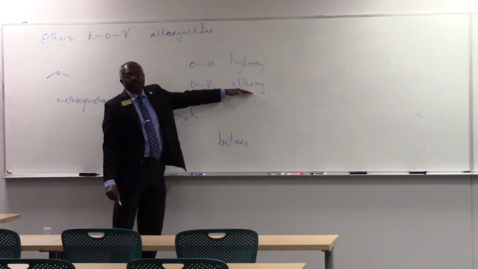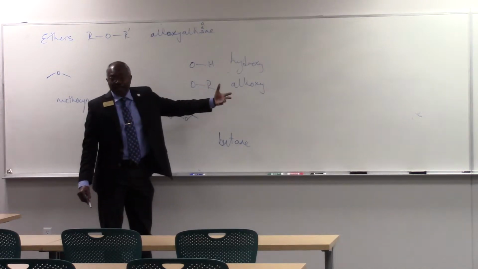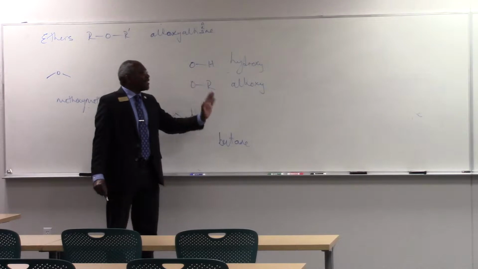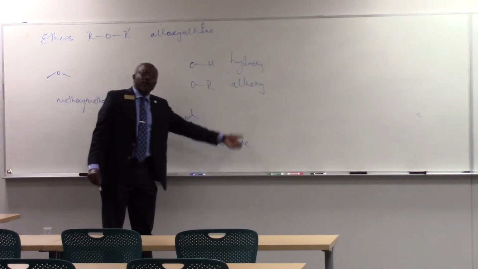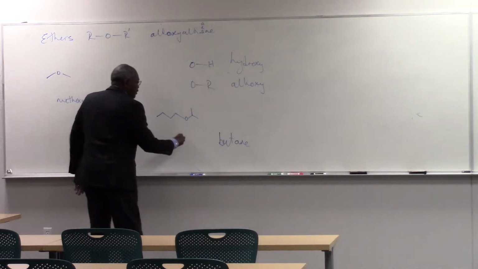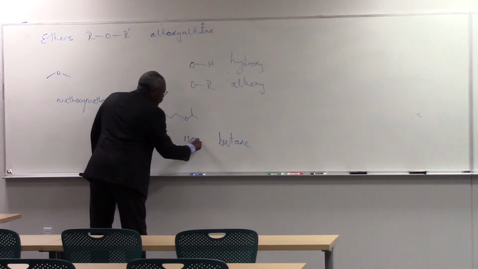What is my alkyl group? It's isopropyl. So whereas alkyl becomes alkoxy, isopropyl becomes isopropoxy. So this is going to be called isopropoxy